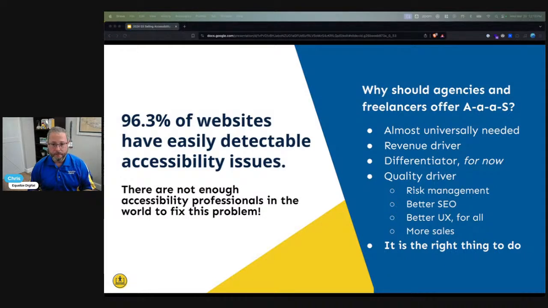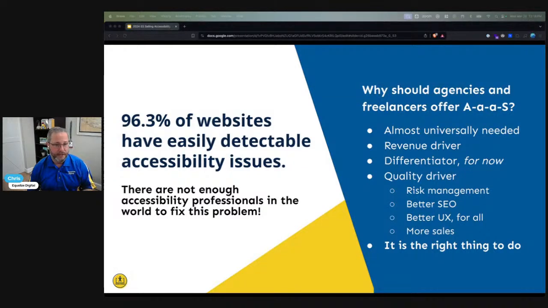But for now, a lot of web professionals, they're not really trying to solve this yet. In fact, I would argue the vast majority aren't, or they're ignoring it, or they're putting things in their terms saying that they just don't do accessibility. And if you want it, you have to reach out to something else, or to someone else, I should say. And I think that sort of approach is a mistake. I think this is a huge opportunity to make the internet better and for agencies and freelancers to make money. It has a broad impact on your customer, real world impact.